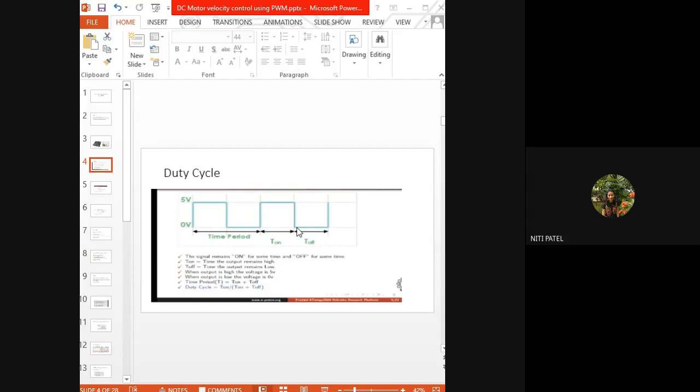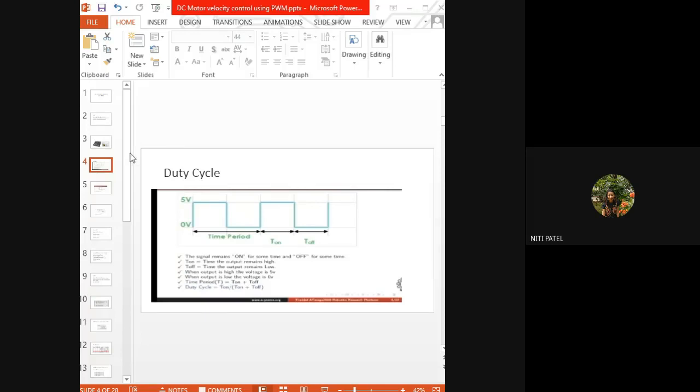Okay. So when it is on, that means the input remains high. Whenever it is off, the input goes low. High means 1 and low means 0. Okay. When the output is low, the voltage will be 0. And when the output is high, the voltage will be 5. Why? Because we have marked it as 0 and 5. If I want to change it to 0 and 10, I can change it to 0 and 10 also. So whenever it is high, it will go till 10 volts. Whenever it is low, it will go till 0 volts. Okay. So this can vary depending upon how much electrical supply, how much voltage you want to give.